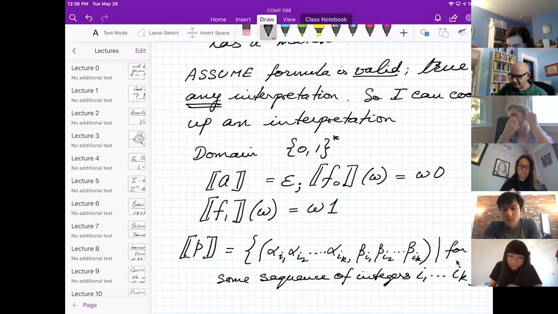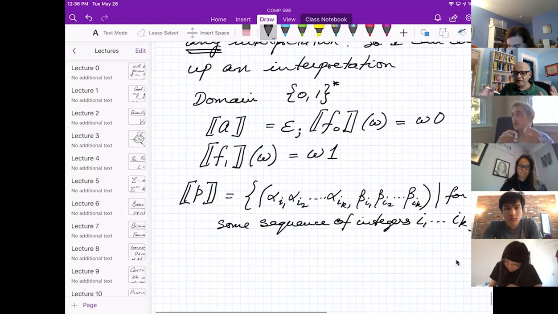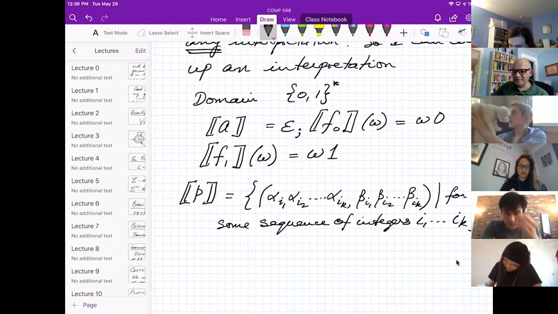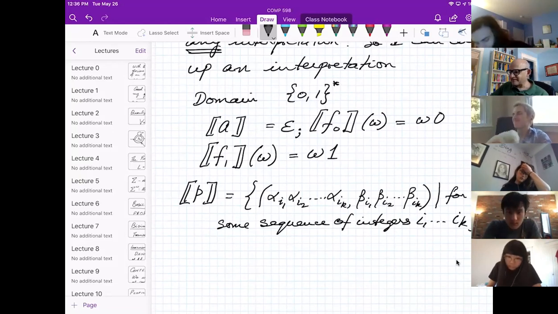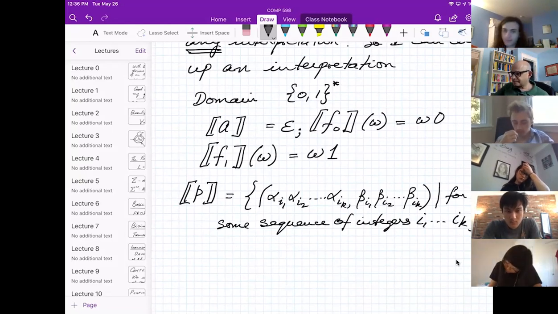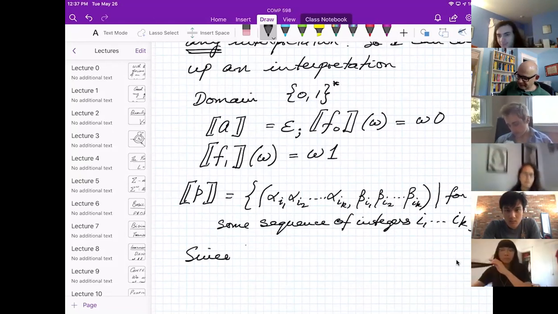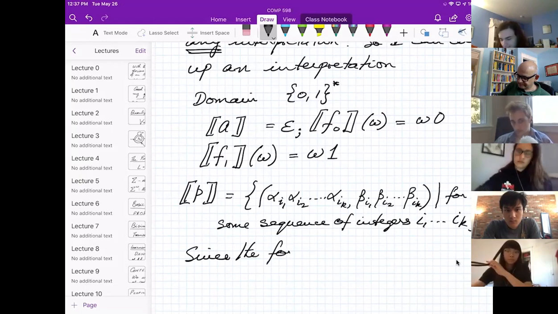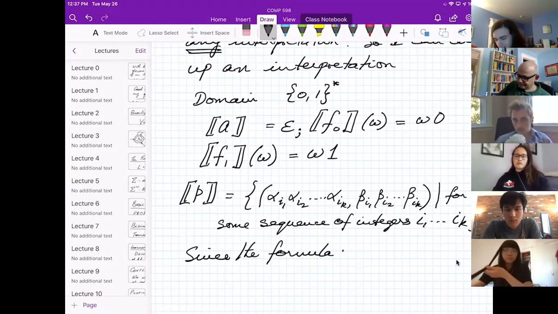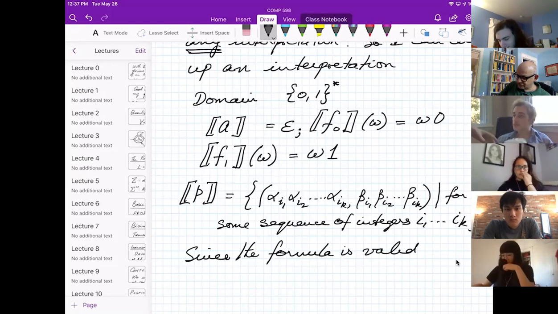In short, P is exactly the pairs of strings that I can get by putting dominoes together. I just formalize it. That's what I said intuitively. Now I'm saying the same thing with a bit more Greek letters. So this just formalizes what I've been saying all along. So since the formula is valid, it is true under this interpretation.